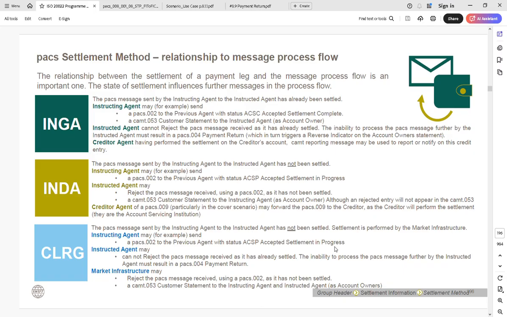On the other hand, when the settlement is done by the instructed agent, this is called INDA. Instructed agent means the receiver of the message. So when settlement is done by the receiver, it's called instructed agent. In this case, it means that Deutsche Bank holds an account with the instructed agent, and the receiver will settle the payment. So here in this case, instructed agent from Deutsche Bank, PACS008 to PACS009 and